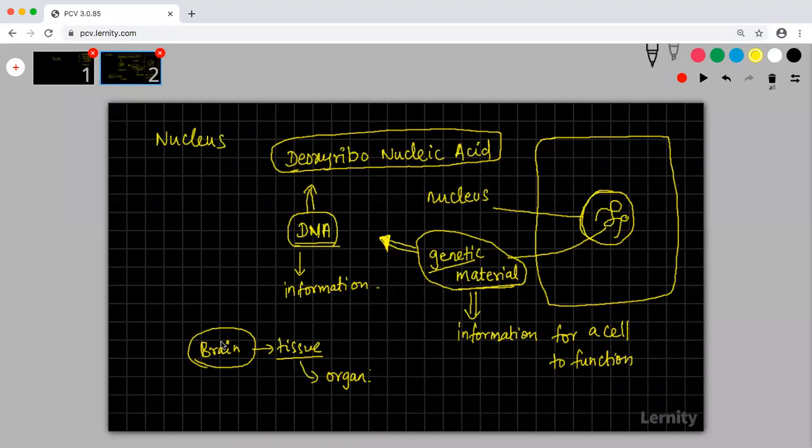Okay. So these two are not connected. In fact, the brain itself is a product of what? Cells. Are you guys able to understand? Brain is an organ which is made up of many cells, and inside the cell you have the nucleus. Brain is almost like a building. Cells are almost like what? The building blocks. Okay. And then inside the cell, what is that you have? Inside the cell, you have the nucleus.